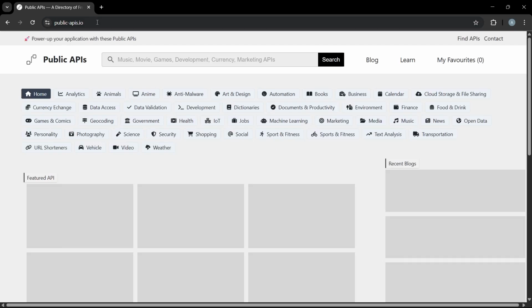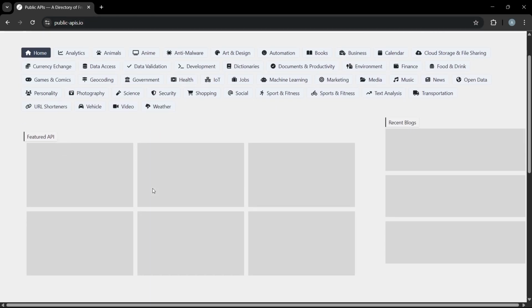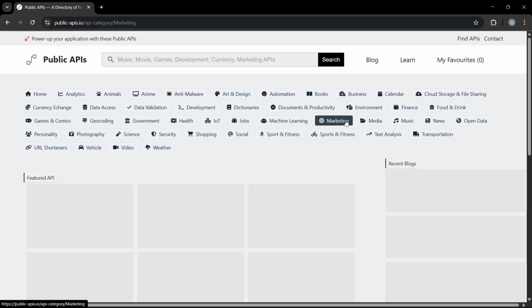Just go over there if I spelled it wrong, and here you can see multiple APIs are available for you: the featured APIs, and there are categories also available that you can use. For example, if I want an API for animal or for analytics or for anything else like healthcare, IoT, jobs, machine learning, marketing, any of them, I can just select and check multiple APIs,